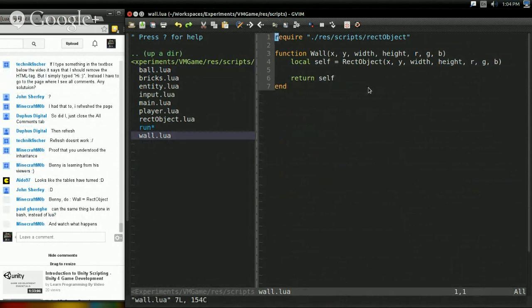Oh yeah, you're right. I could do that. I see what you're going for. I do want to leave it like this now because later on when I do collision detection, I'm pretty sure I'm going to need to override the update function in wall. So I'm just going to leave it like this for now. But you're right, I could do that. Thank you for pointing that out because I did notice that at first. Anyways,